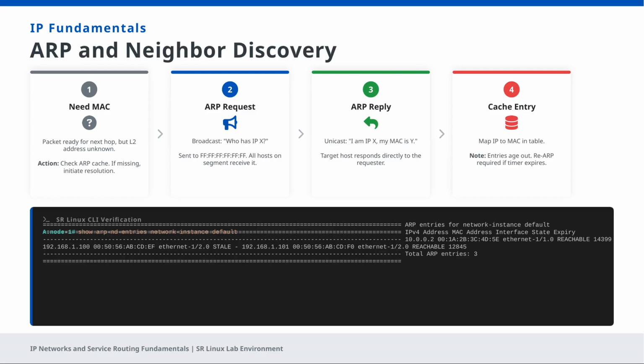Without successful ARP resolution, the IP route may exist in the routing table, but actual frame transmission cannot occur correctly on that segment. This is why troubleshooting often requires looking beyond the route itself. A route can be present, yet forwarding still fail because adjacency or neighbor resolution is incomplete. To round out the IP fundamentals, we now turn to ICMP, a protocol many engineers first encounter through tools like